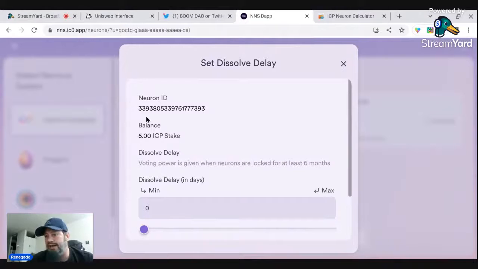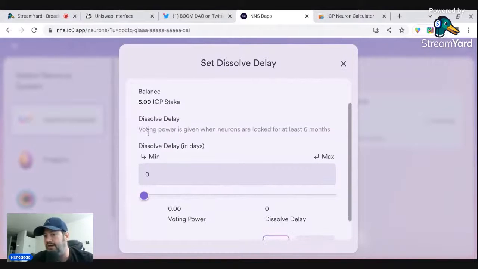So now you have your Neuron ID, you're newly created, you have your balance of your ICP staking, you have your dissolve delay, which is not going to be done until after you start if you want to press that. But what it's talking about here, voting power is given when neurons are locked for at least 6 months. So what you're going to have to do is stake this longer than 180 days for rewards. So if you do it at 180 days, you don't get any voting power, so you can't vote to earn rewards, right? So anything over that, if you go to 365 days, 62, whatever, your voting power starts to go